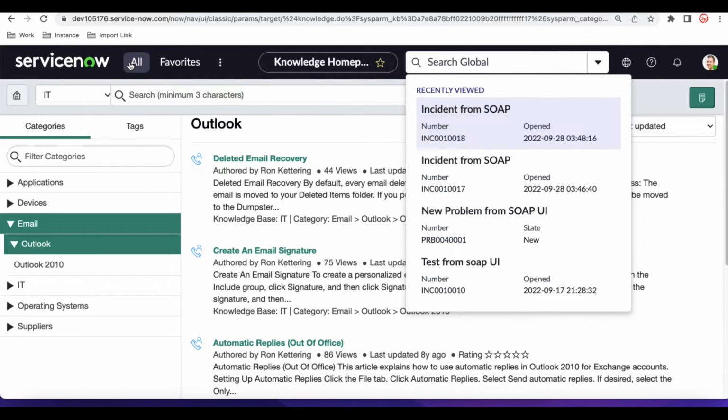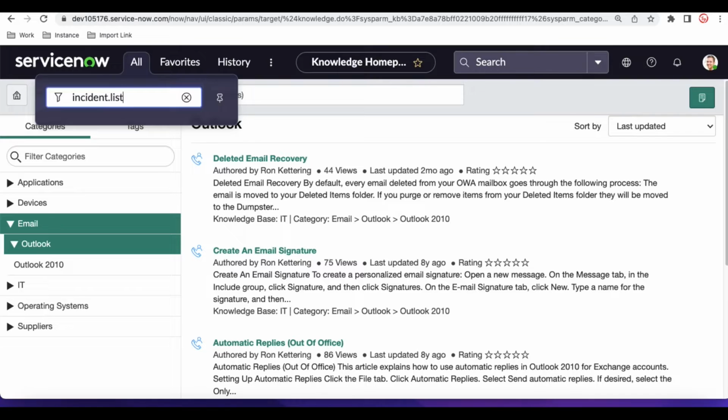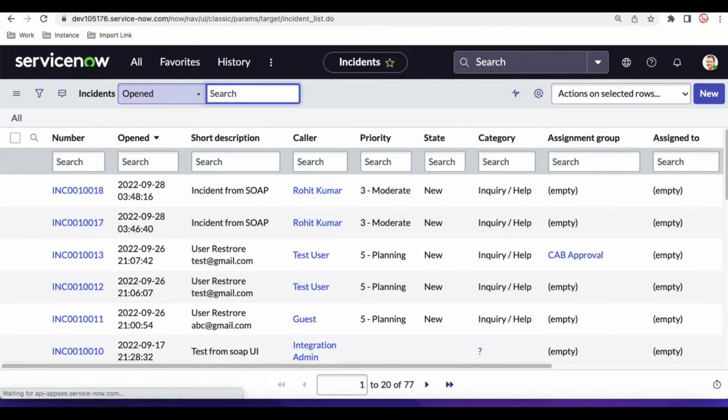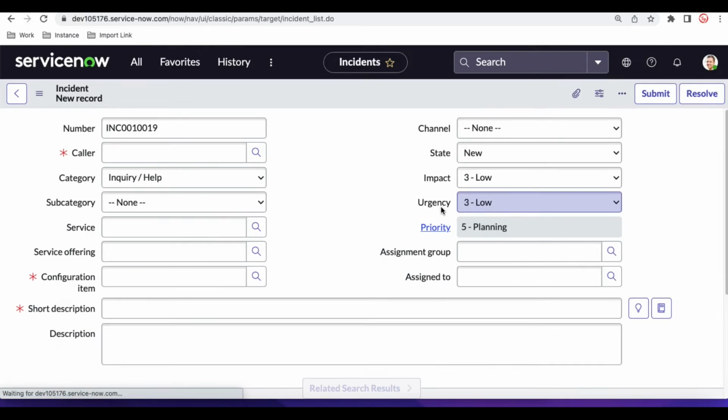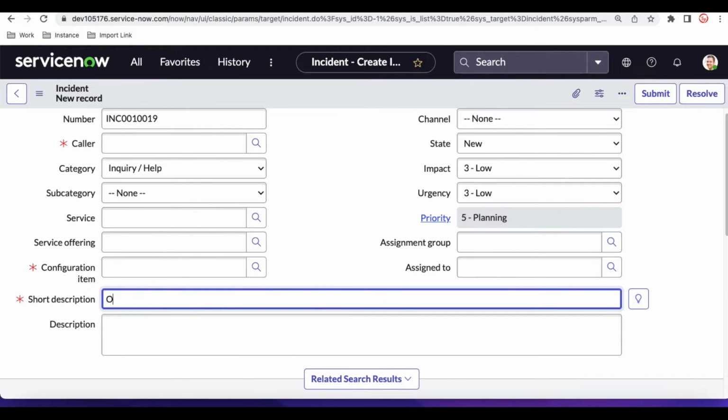Another way is, let's say you are going to create an incident. So once you are going to create an incident, let's say you click New, and at that time you say that your laptop is not working, or maybe you assume that Outlook is not working, something like that, right? So if you type Outlook here,